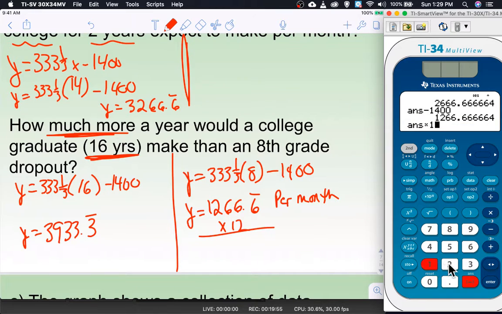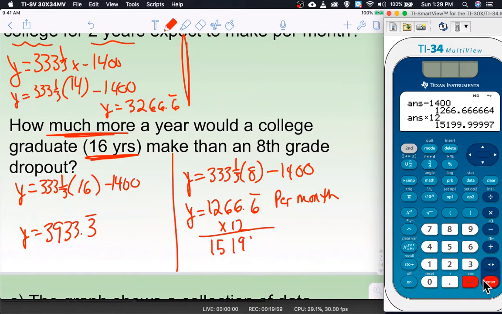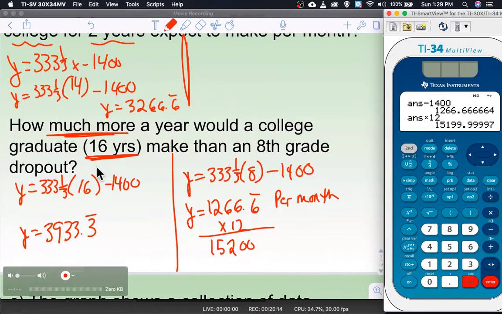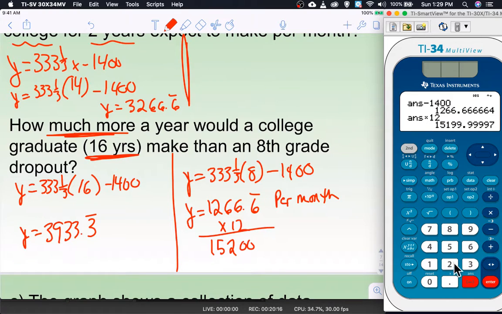This person times 12 makes $15,199.99 a year. So essentially $15,200 a year. And actually, we probably should round that up. My college graduate, 3933 times 12 gives us